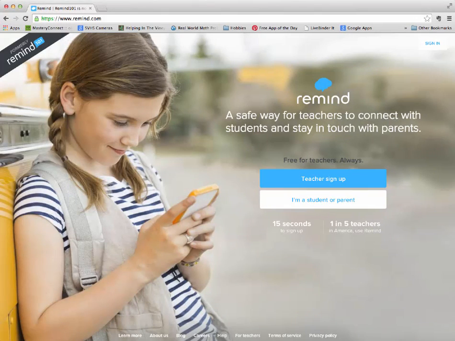This is a virtual campfire. We're going to look at Remind.com. Last year it was called Remind 101, as it shows you up here in the corner, and some of you use that. Now that we have iPads, I think this could be a quick way just to connect with your